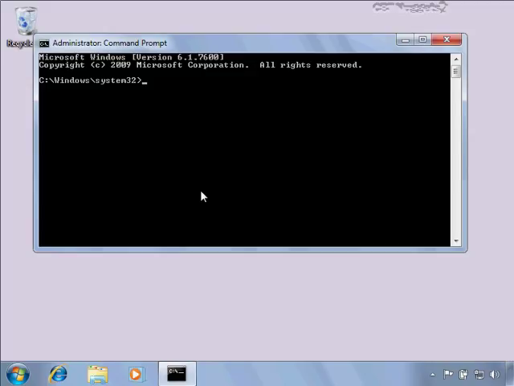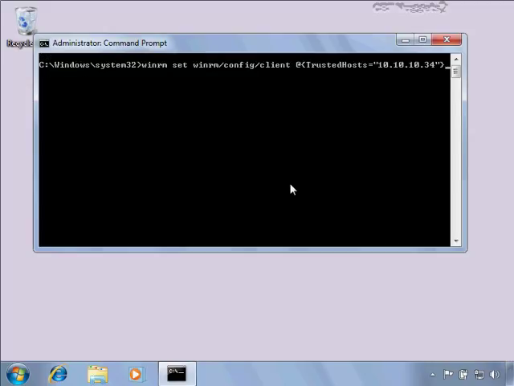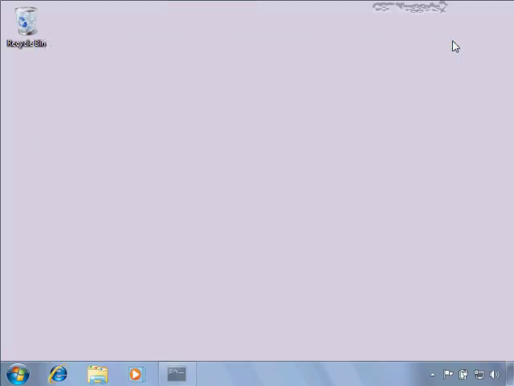But if they were not, then this is what I would type in. I just enter this in: winrm set winrm/config/client. Notice that there's no spaces in any of that. And then squiggly bracket here, TrustedHosts, notice the capitalization, equals, and then in quotation marks, you have to use the quotation marks, whatever the IP address or the host name is of the destination. I don't really need to do that in my case because I'm using an Active Directory domain, so this should be